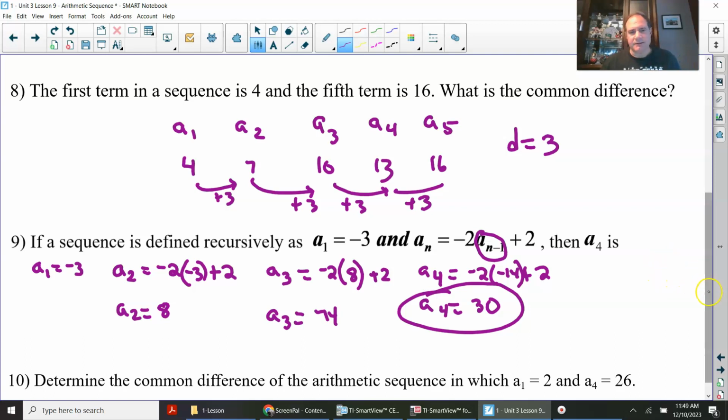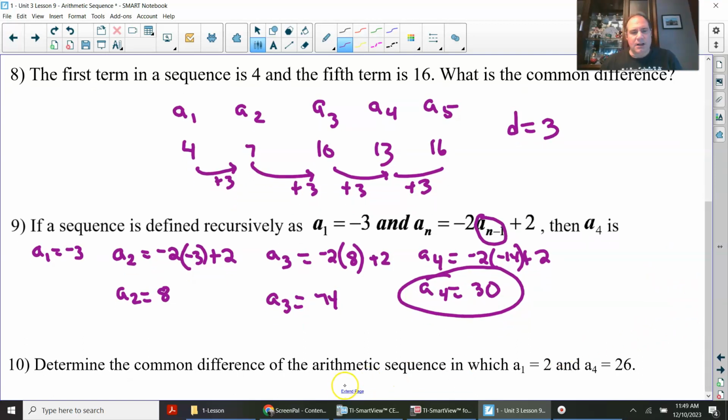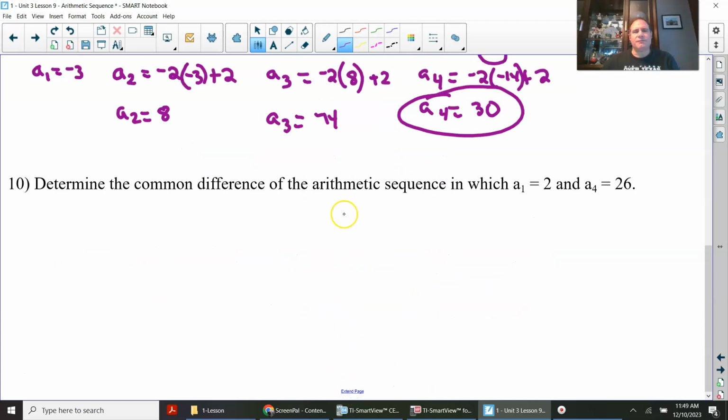And that's about it. Just again, another common difference one that we are just going to roll through. So a sub 1 is 2. A sub 2, we don't know. A sub 3, we don't know. A sub 4 is 26. I'm just going to go by